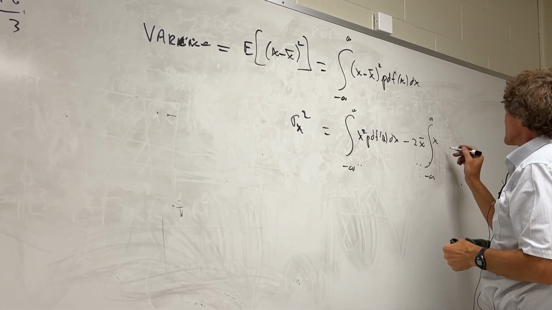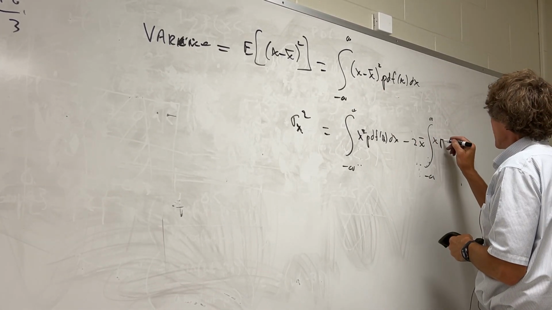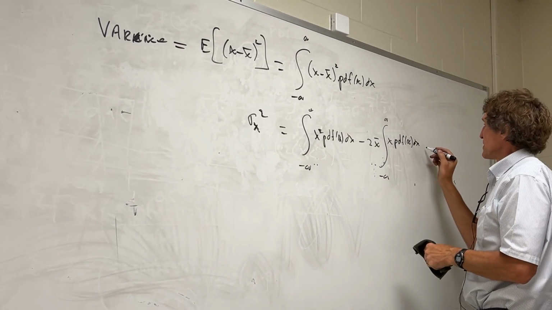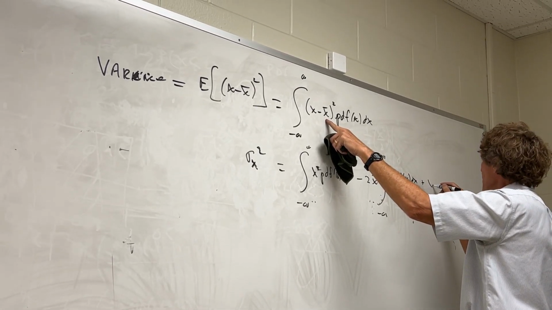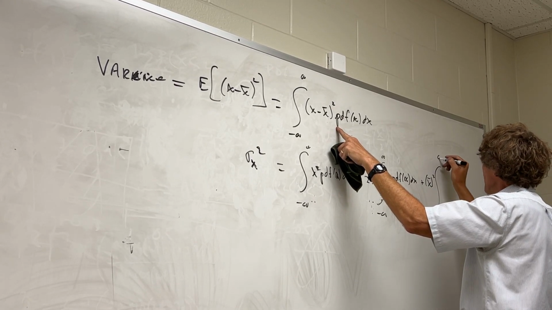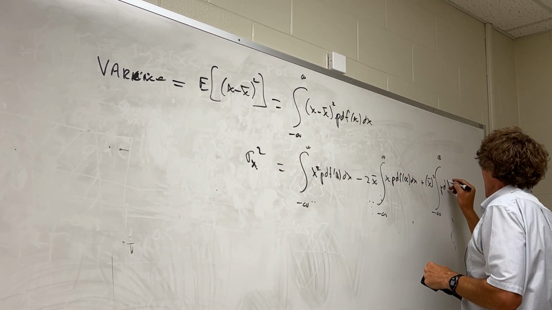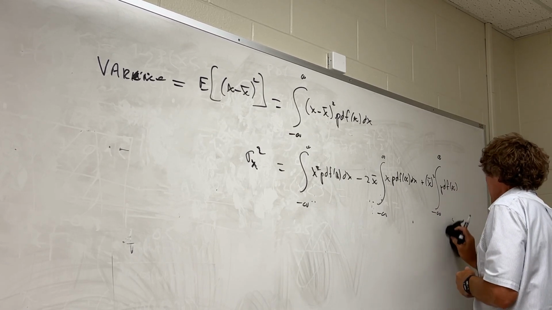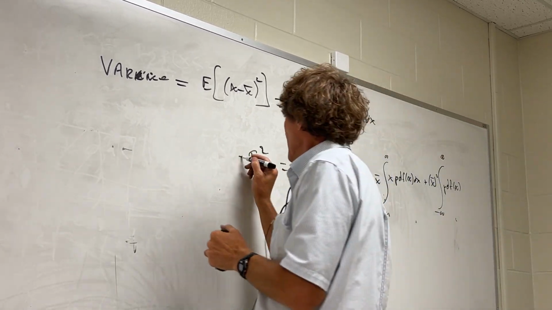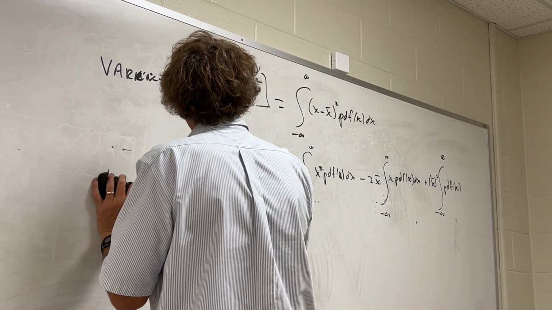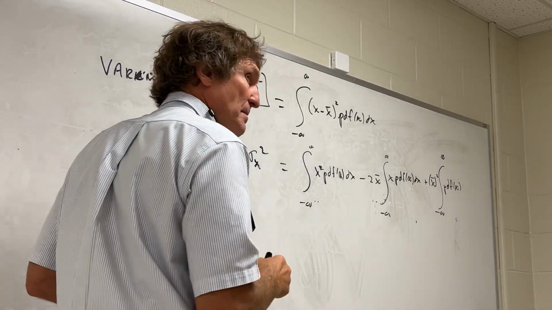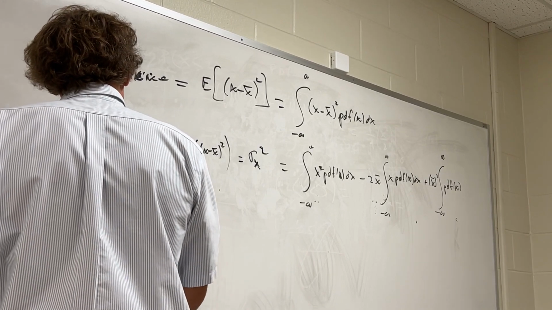So then it's this times the PDF of x dx, you'll see why I'm doing it, and then finally it's going to be plus x bar squared, that's a constant, times the integral from minus infinity to infinity of the PDF of x. And I'm going to stop there. You all follow me? So this is the same thing as the expected value of x minus x bar squared. It's called the variance. Let me just complete my thought here. The standard deviation